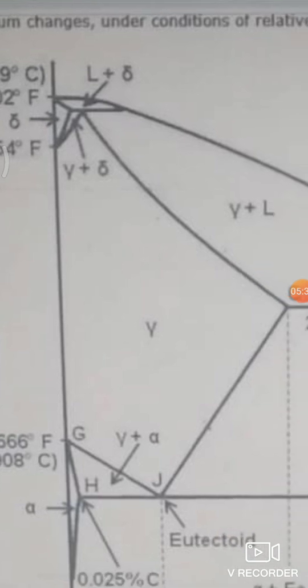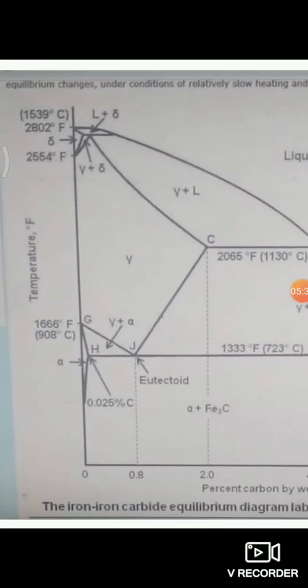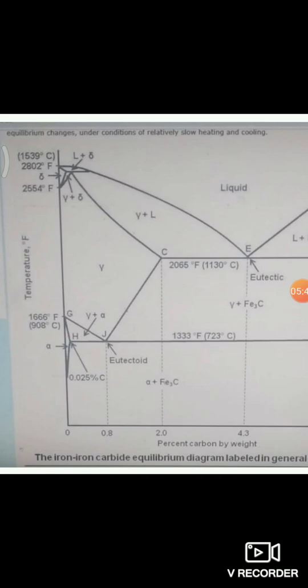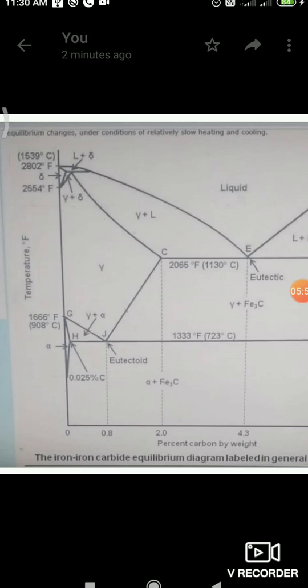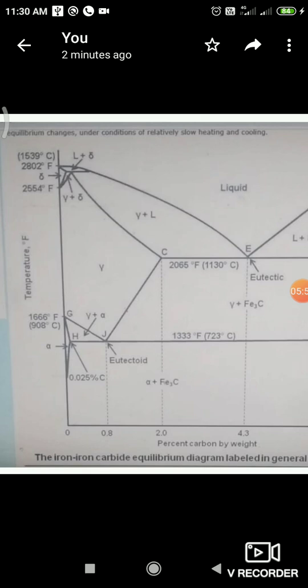So this property of iron, showing different crystal structures as well as different phases. Initially at zero temperature, that is the alpha ferrite phase, having BCC body centered cubic crystal structure, and above this 720 degrees Celsius initial constant temperature line, above that line, that alpha ferrite phase is converted into gamma austenite.